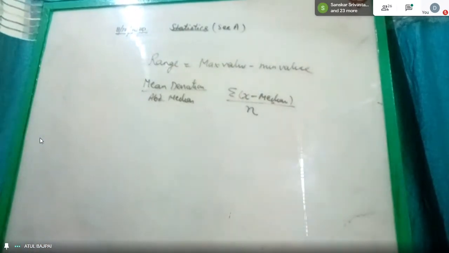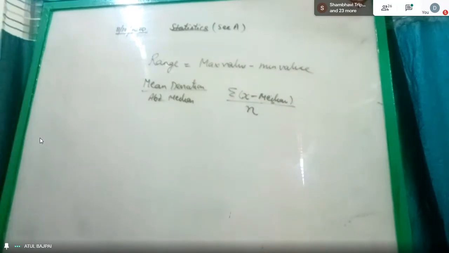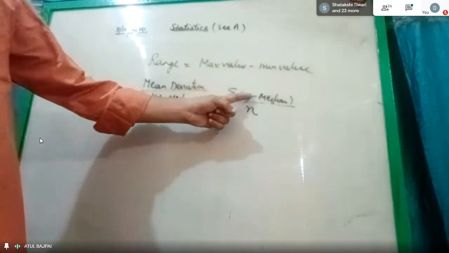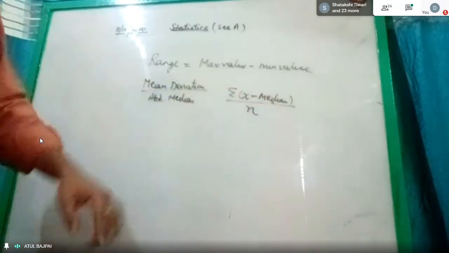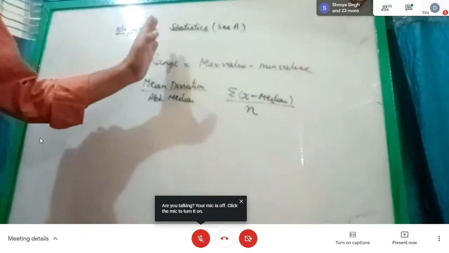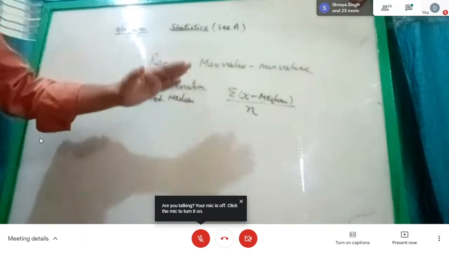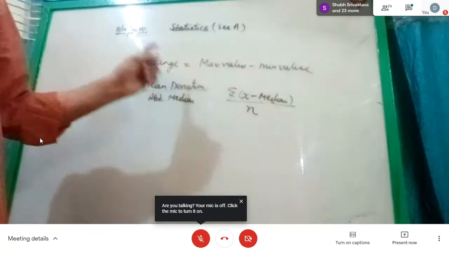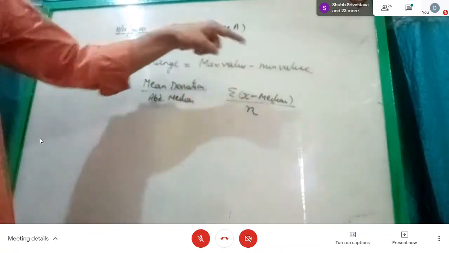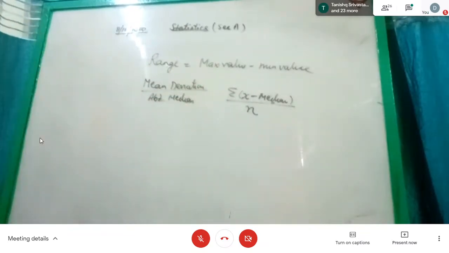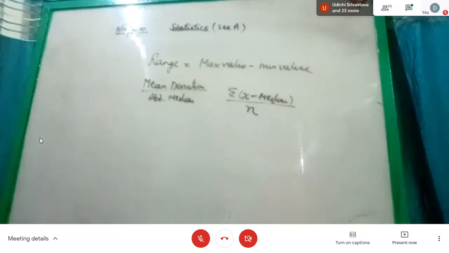Can you repeat? Mean deviation about median. It will be x minus the median value that you calculated. Right now, suppose the median of the working you got is 52. So x minus 52. Then what is the value of the next x? That minus 52, all added, divided by the number of observations. Yes, sir. Let us take one simple question and one group question. Okay.